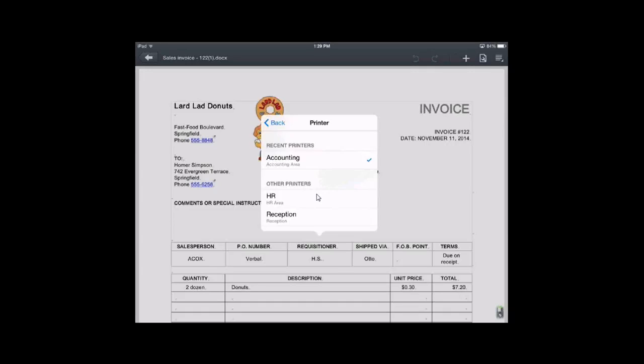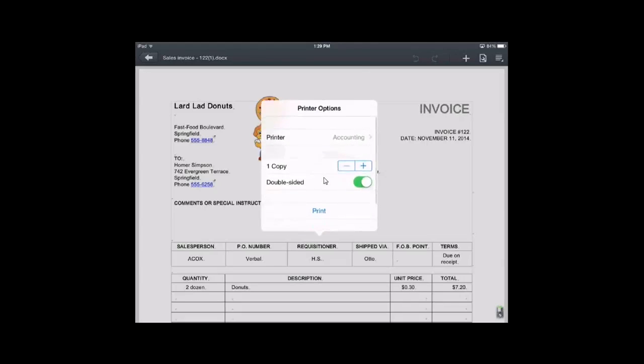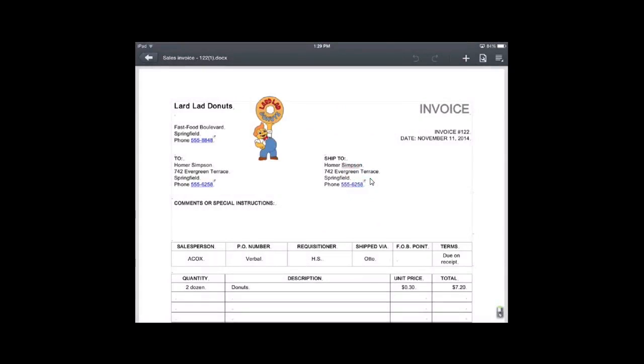Just to go back. And then you can see here, there's not a lot of options. So I can select the number of copies and whether or not I want double-sided, but that's really it with AirPrint. If I go back to my menu,